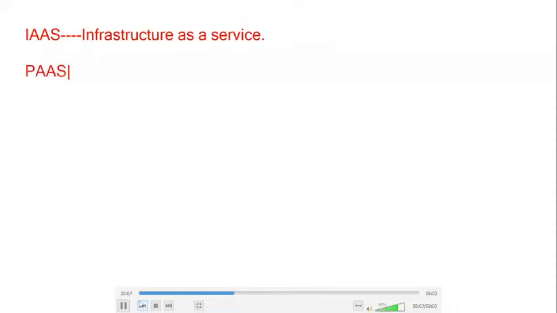Service models: one is Infrastructure as a Service, another is Platform as a Service, and the other is Software as a Service.